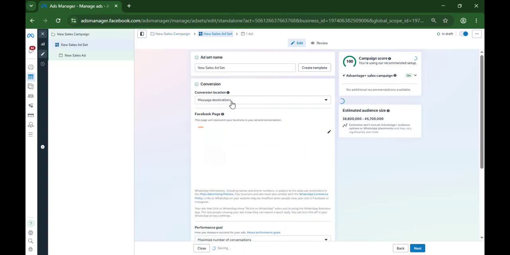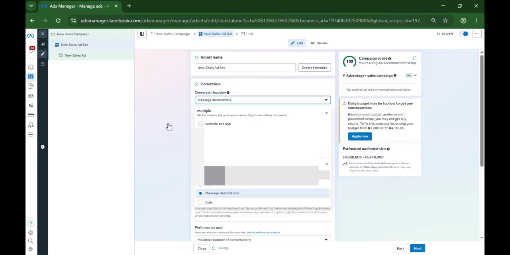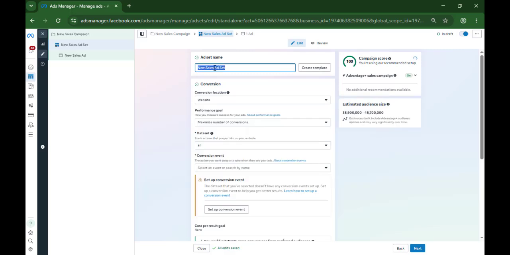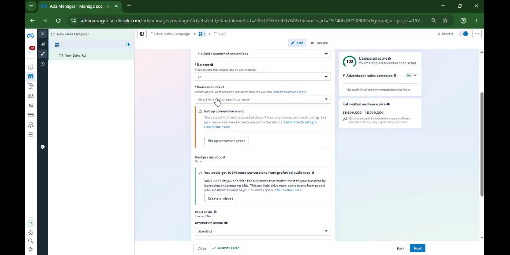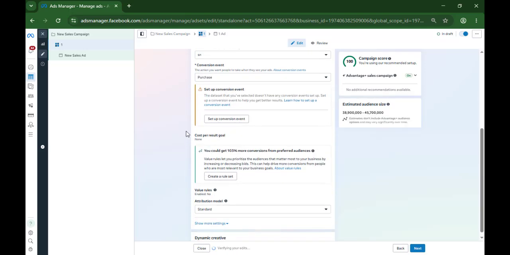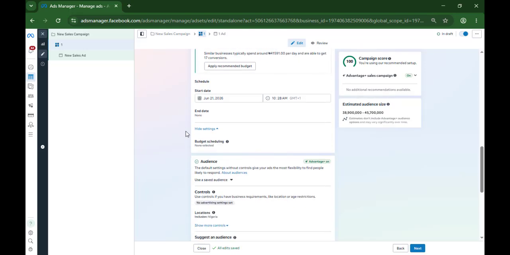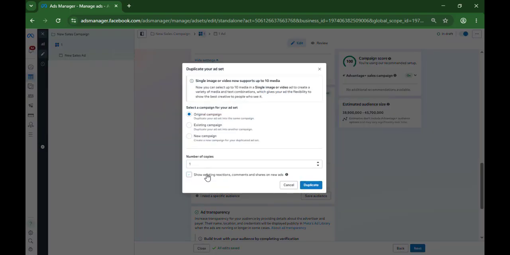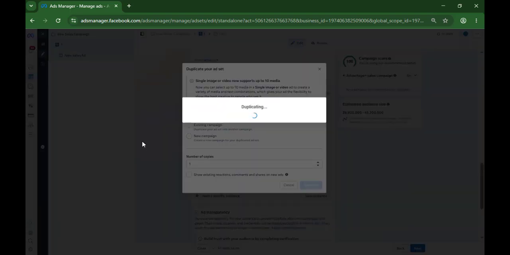So this is what I mean. On this campaign level now, I decide to run a website. So under that website, I now have one to three different ad sets. Let's say this particular ad set, I'm deciding that I want to just purchase, and decide to move forward. You set it up now. Now when you had another ad set, let me just duplicate this particular ad set. When you add another ad set like this,